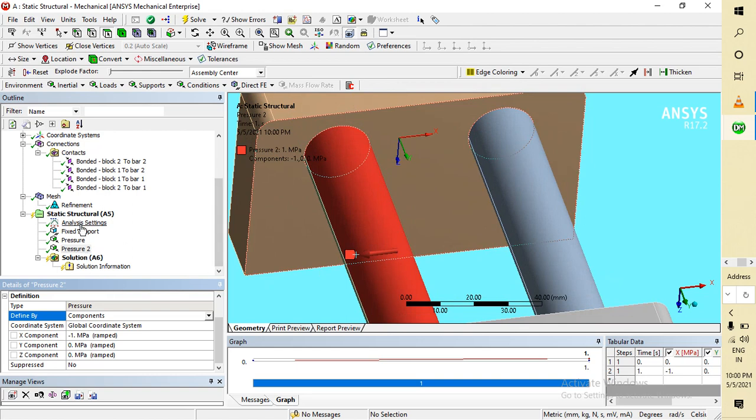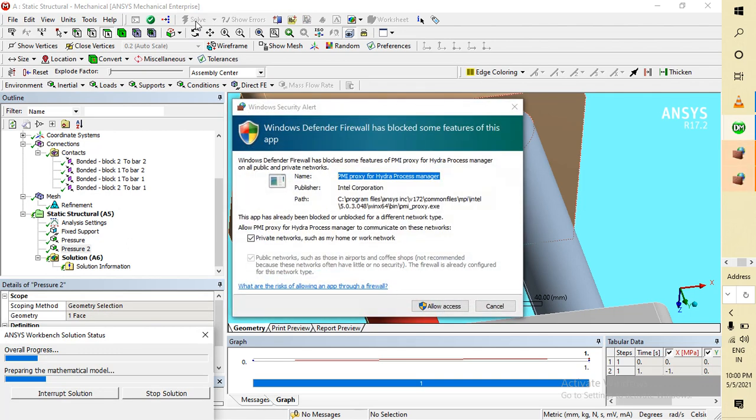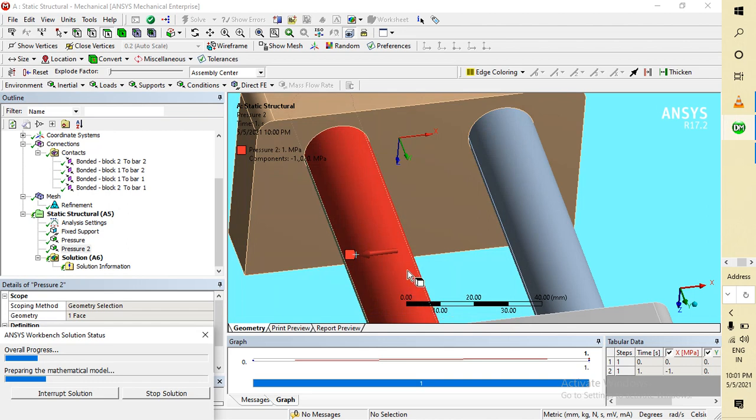So now you have to solve this one. Hope it will not give any error. In ANSYS, if it gives an error, it is very difficult to debug, because you can get all the videos on how to make a simulation, but you will not find what type of errors arise during the simulation and how to solve them.